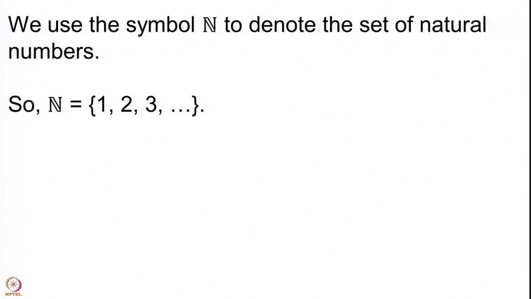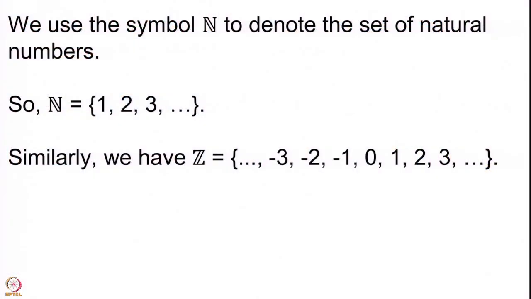Now, you may wonder what has happened to the number 0, and also there are negative numbers. So, there is indeed a set consisting of all natural numbers, their negatives and also 0. And since we have fixed a notation for the set of natural numbers, we should use some other symbol to denote that set, which traditionally is denoted by the symbol capital Z. Again we see that there is a slight decoration for the capital Z. N, as we know, stands for natural numbers. What does Z stand for?